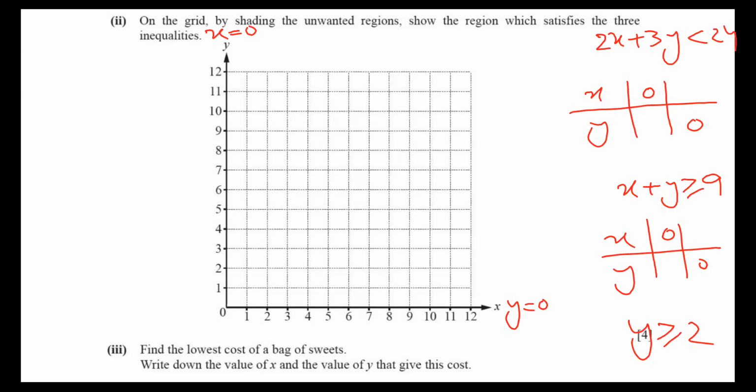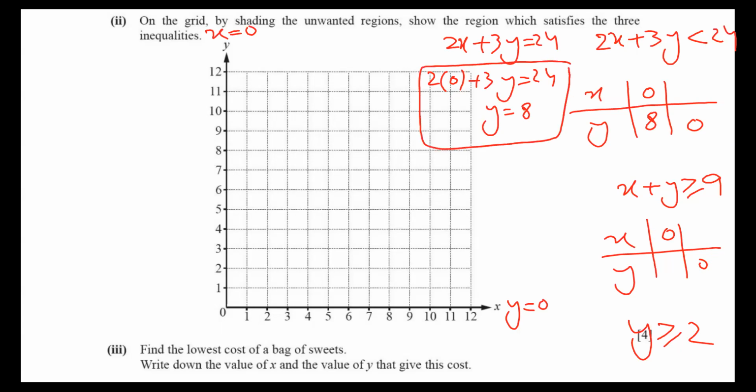So let's start. If I put X 0 here, and for a while you will remove the inequality sign and write the equation. I'm showing here 2x plus 3y is equal to 24. When I put X 0 here, what happens? 2 times 0 is very clear. 3y is equal to 24. So this becomes 0, no need writing. 3 goes down. 3 8s are 24. It means I got Y 8. So the first part is very clear when I put X 0.